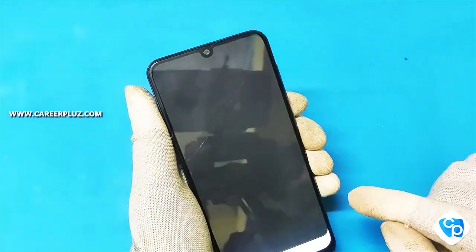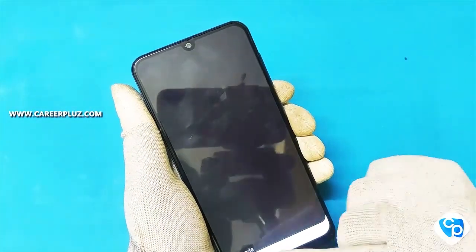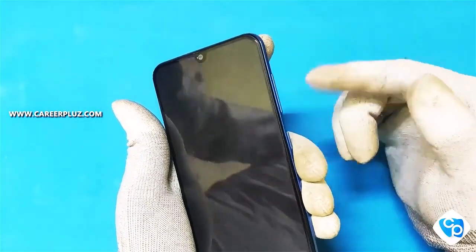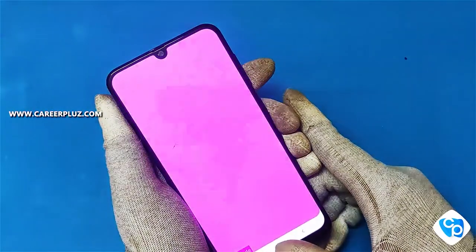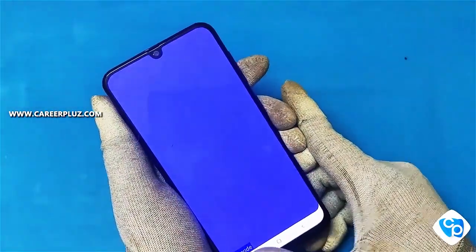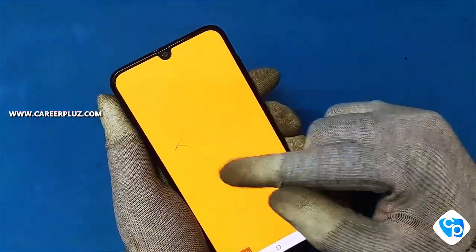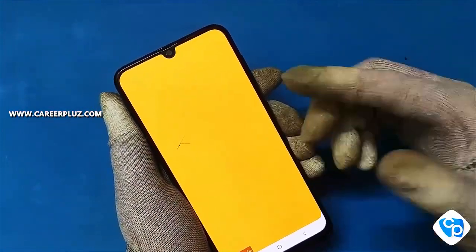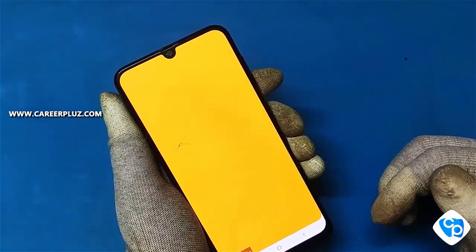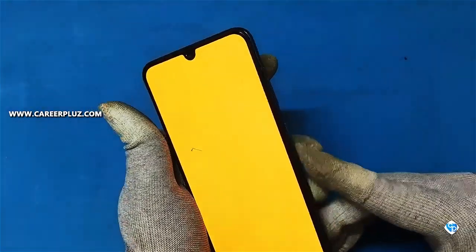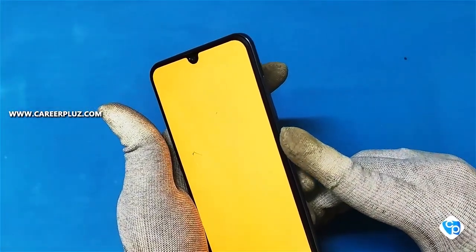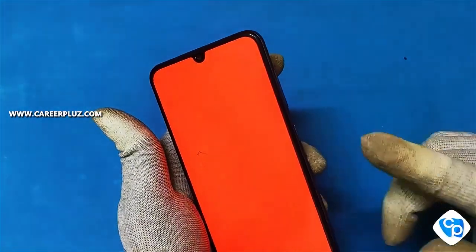You can check it. Now I'm going to click on the sub key. Sub key is nothing but all the external buttons like the power button, volume up button, down button, fingerprint sensor, everything included in sub key. When you click on the keys, the color will change for every button. You can see that here. It means those keys are working properly.